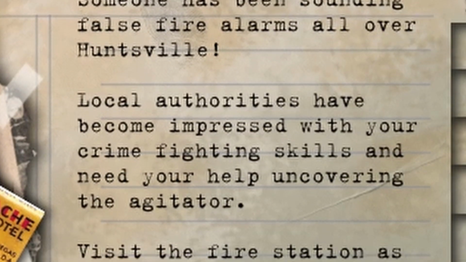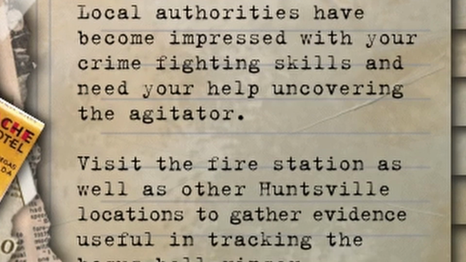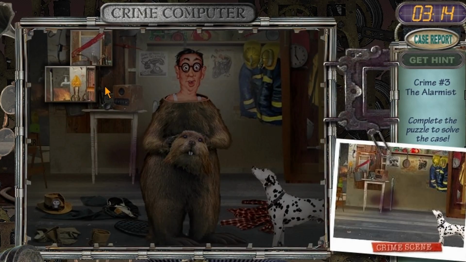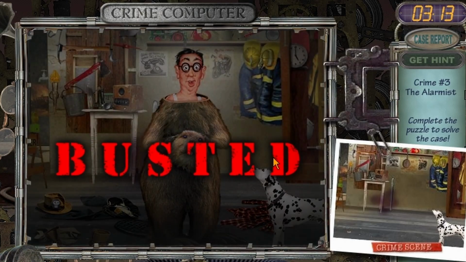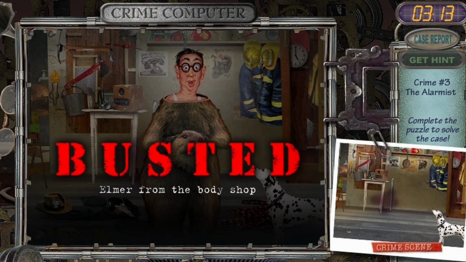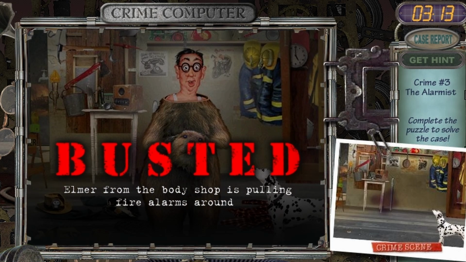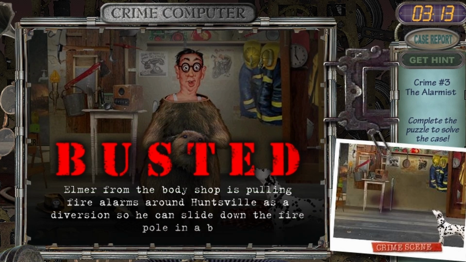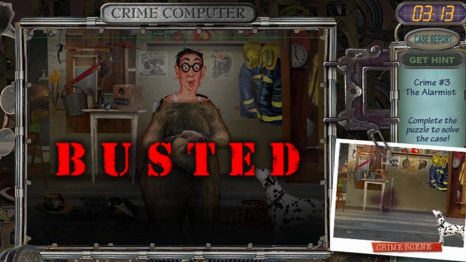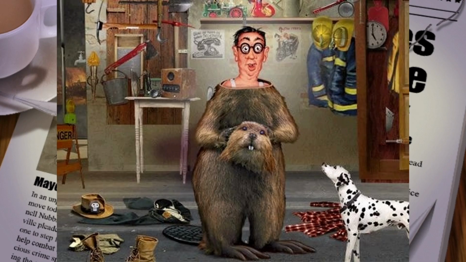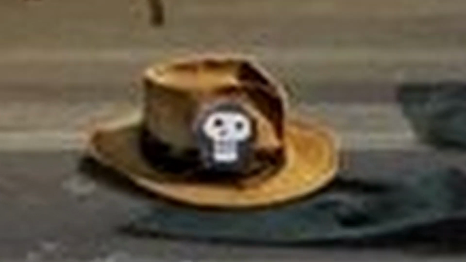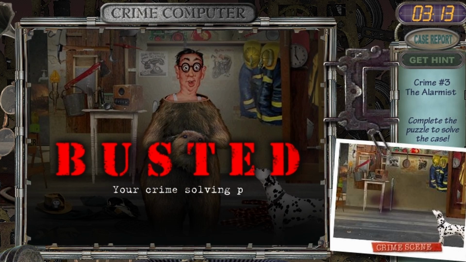A certain criminal has been sounding fire alarms in Huntsville. The protagonist caught the culprit of this case using the crime computer. The agitator by the name of Elmer, who worked at the body shop, was caught in the fire station dressed in a beaver suit. The crime computer stated that he had been pulling false fire alarms as a diversion so he could slide down the fire pole in a beaver costume. He has a skull emblem on his hat, and therefore, after throwing him in jail, the protagonist receives the ranking